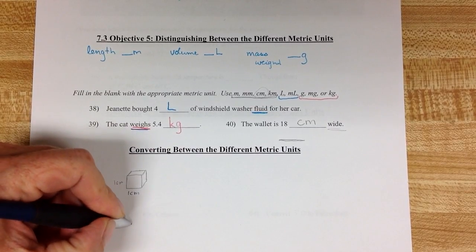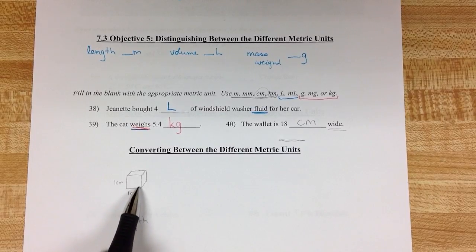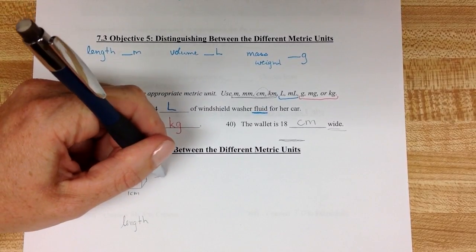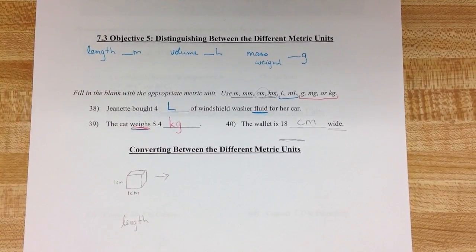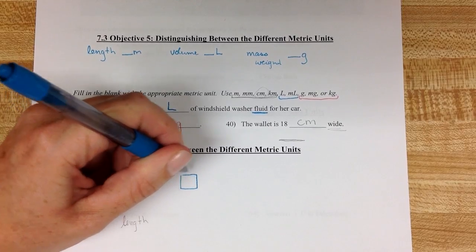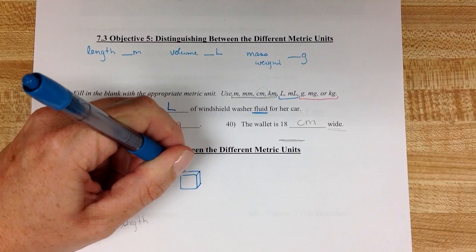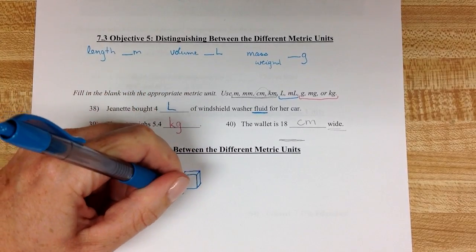So that's measured in length. If you make a cube that is 1 centimeter square, its volume, or the amount of liquid that it can hold, happens to be exactly 1